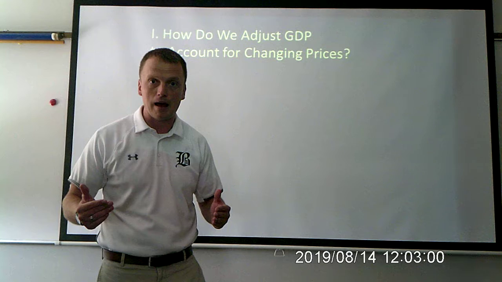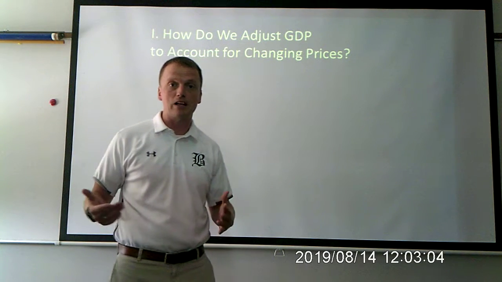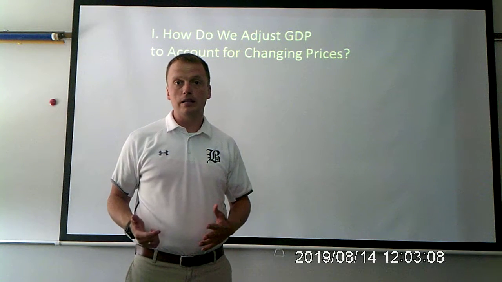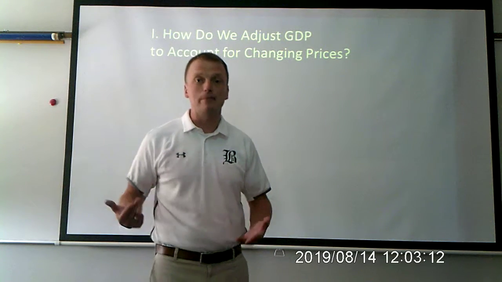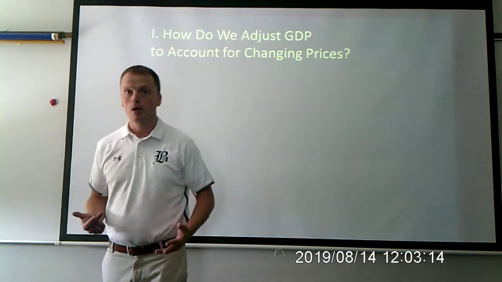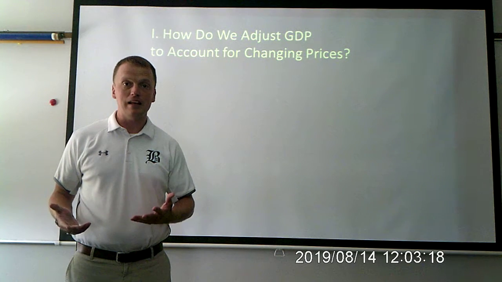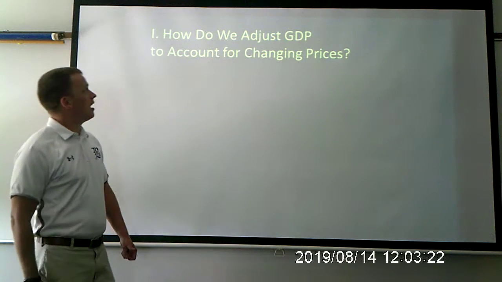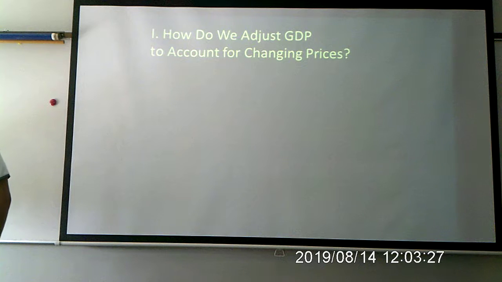In my grandfather's day, you may have been able to buy an ice cream cone for 5 cents. If you go to Dairy Queen, you're going to pay several dollars for the same quality ice cream cone. But that doesn't mean it's worth any more or any less. It has to do with the change of prices over time. So let's talk about how we account for these changes in prices, and the answer is